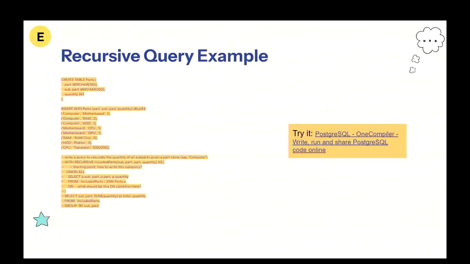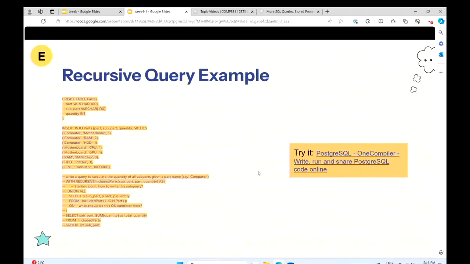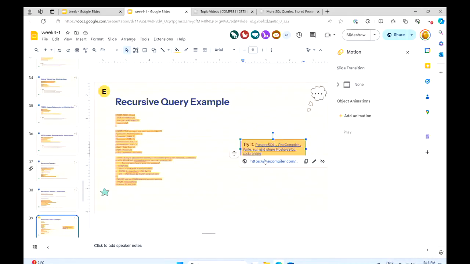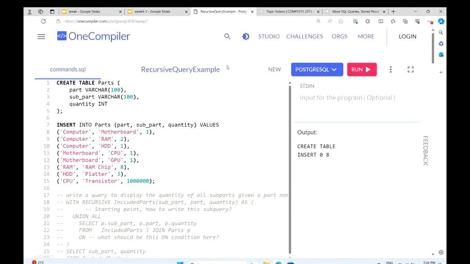And let's look at some concrete examples. So you can do the practice together with me if you have your own laptop. And here, let's think about this example. We have only one table here, which is called parts.